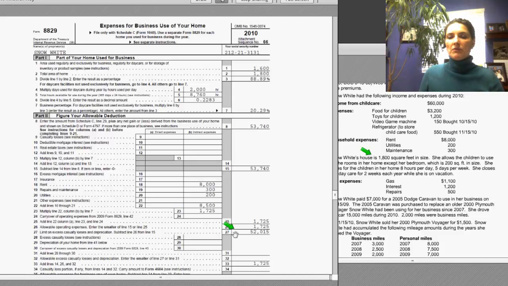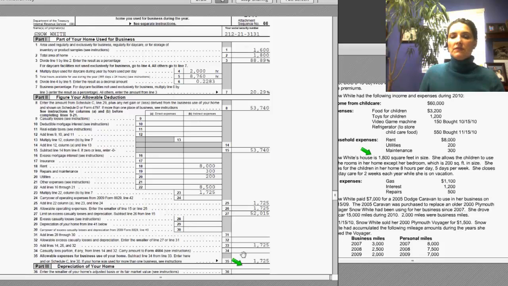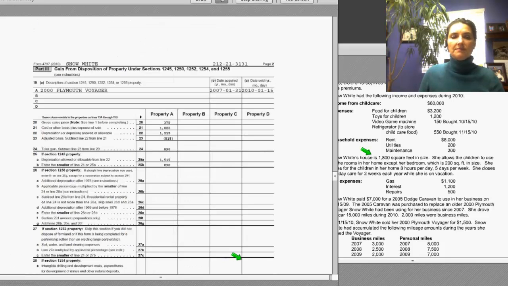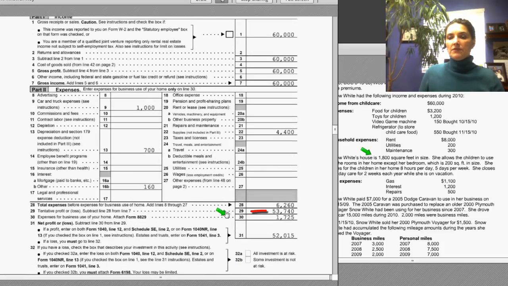$1,725 is subtracted from her profit of $53,740, and she is therefore able to claim her home office expenses because the office use of home is not throwing her into a loss. So that means the expenses are allowed in full. The expenses of $1,725 are going to carry over back to her Schedule C and are entered here on line 30. That gives her a net profit on line 31 of $52,015, and of course the next step is to